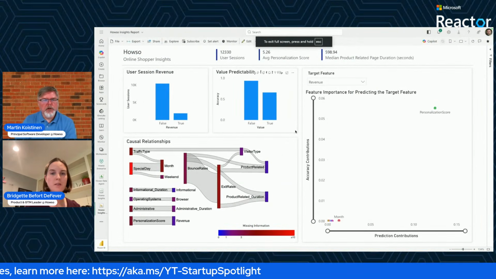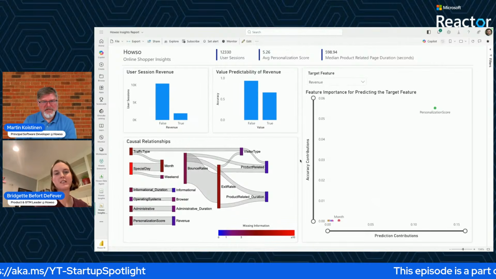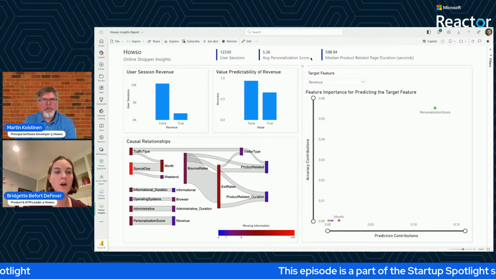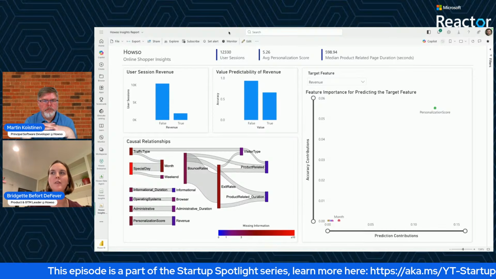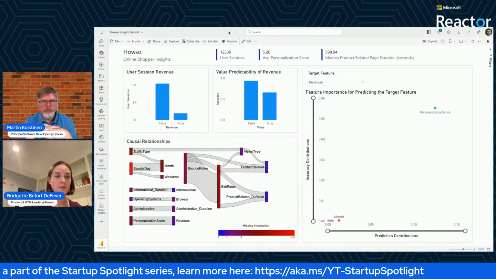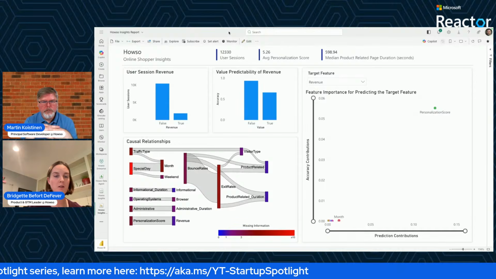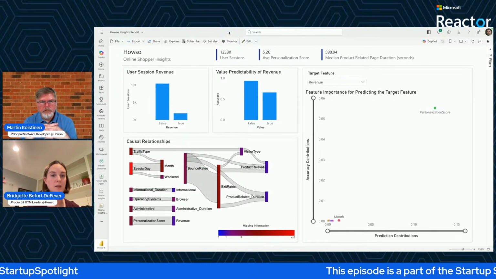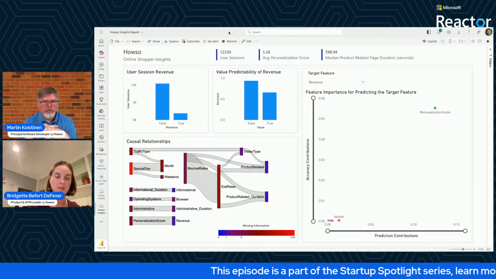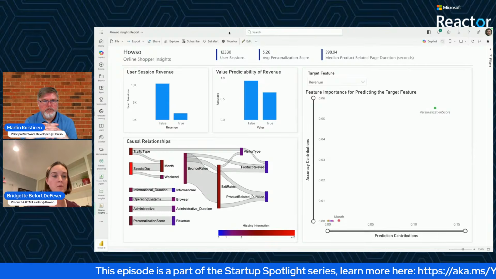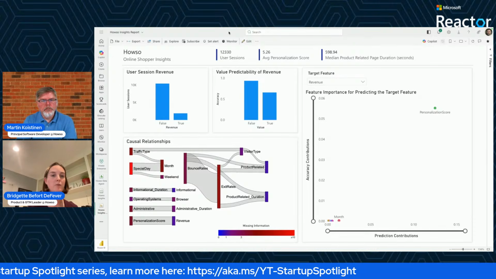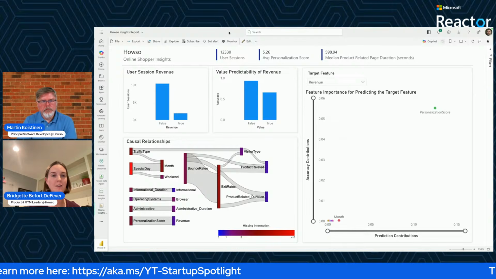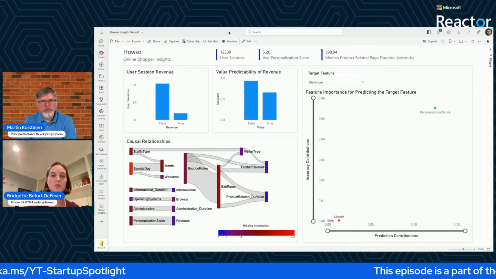Martin, do you mind if I just hop in here? I just wanted to pause and give us some context about where we're at. What Martin's just shown you, and would have liked to have shown you with the LLM, was more of the developer experience. Usually how our interactions with customers go is that we work with developers to build out Howso insights within a Jupyter Notebook or Python experience. Then the developer works with the business user to pipe those results into whatever format they want to see. If you recall that stack that I showed earlier, once we've generated the results, we can show them wherever we want.